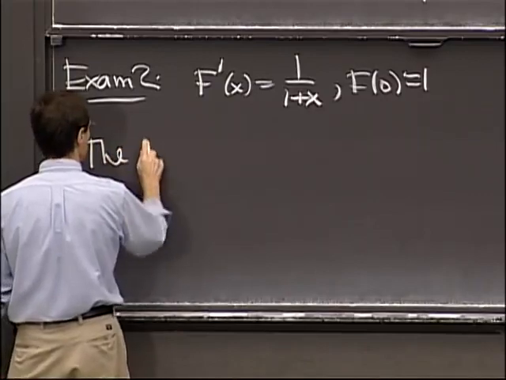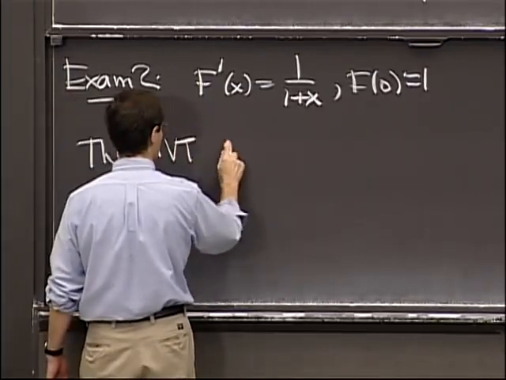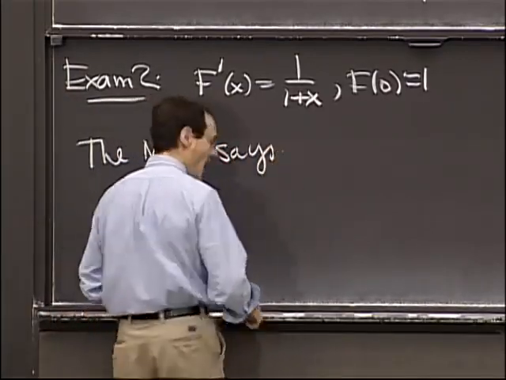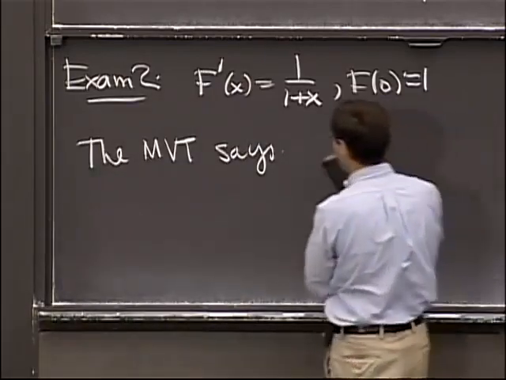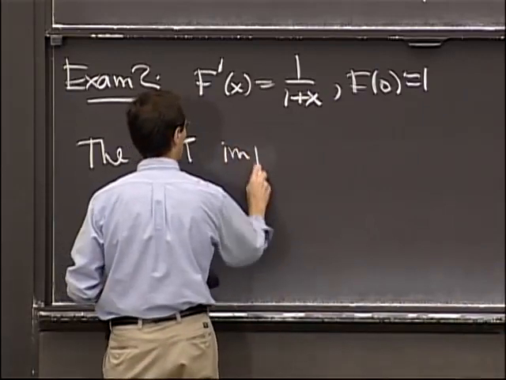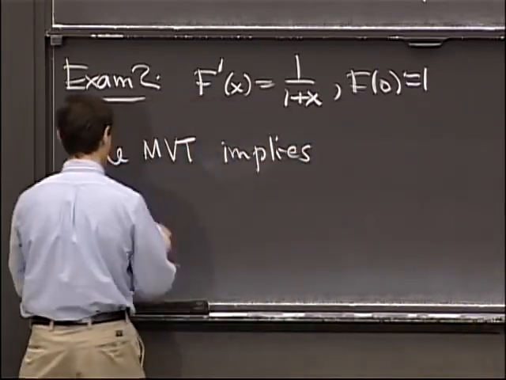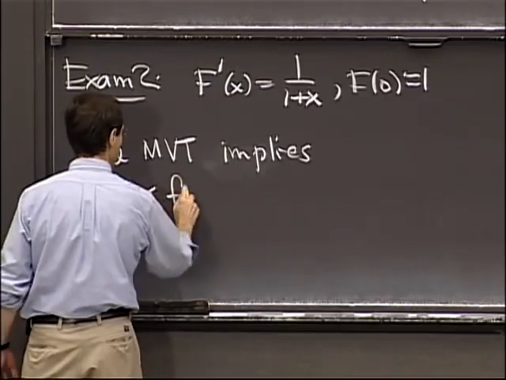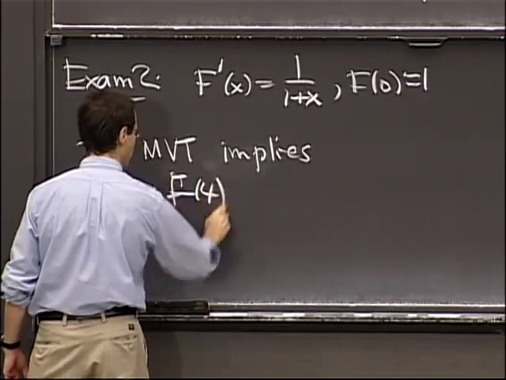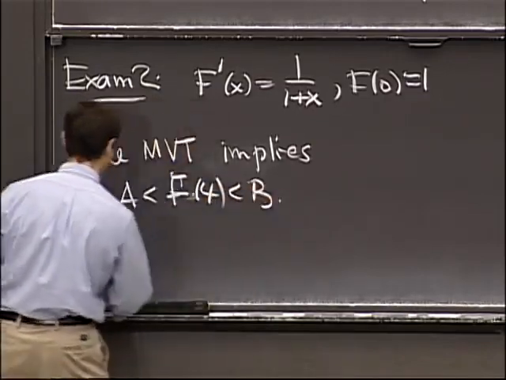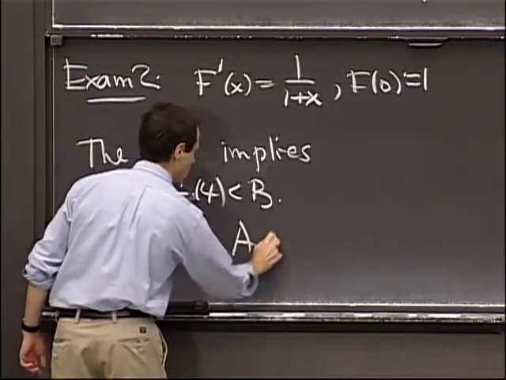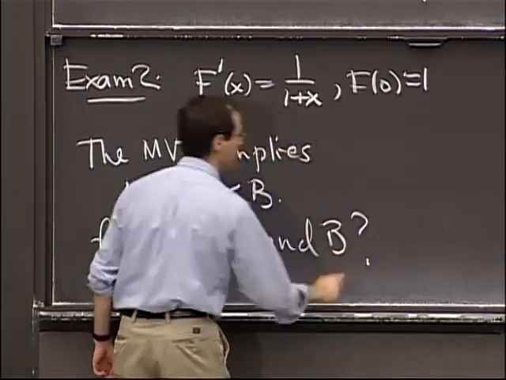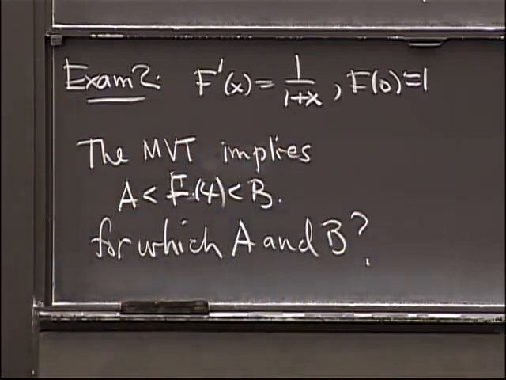mean value theorem says, or implies, if you like. It doesn't say it, but it implies it. Sorry. It implies A is less than capital F of 4 is less than B, for which A and B. So let's take a look at what